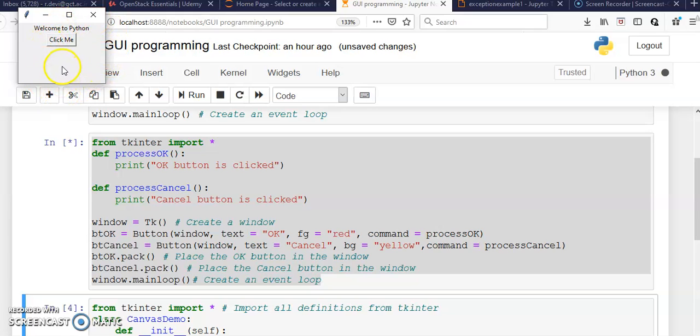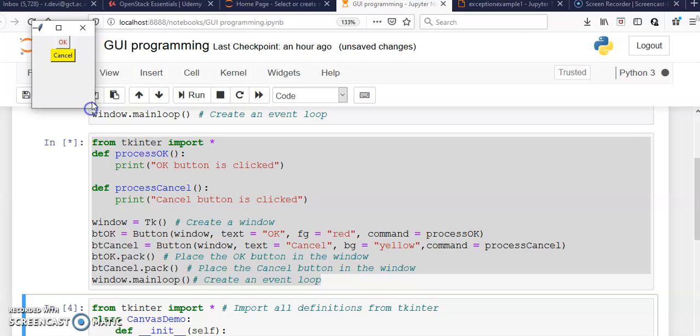This is already opened, so if you see here, this is the second program GUI window. Here the OK button is there with foreground color red and the cancel button with background color yellow, right?